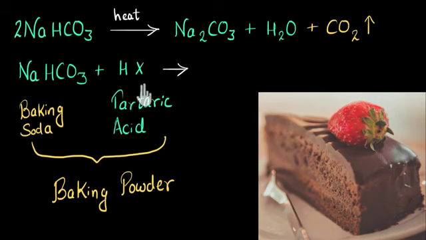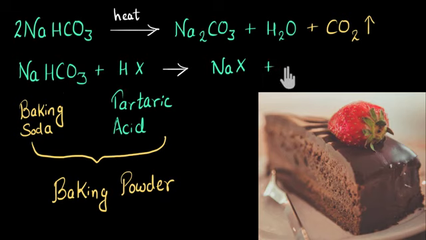Now you might be thinking, okay, what is the chemical reaction that happens here? So let's do that. Over here, we will get a double displacement reaction and the ions are going to exchange position. Now sodium plus ion will get attracted to X- ion, whatever the X was. And we will get NaX. This will be a salt, right? And our H+ will now get attracted to HCO3-.